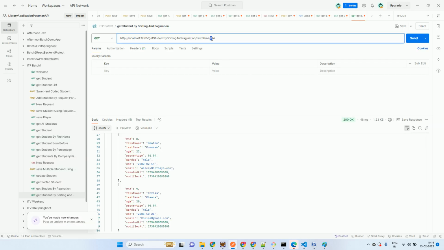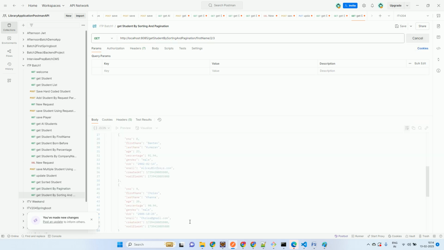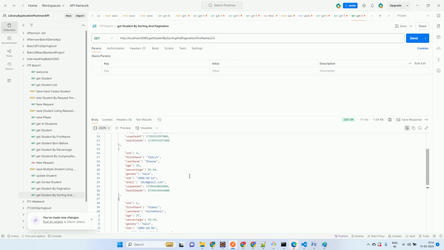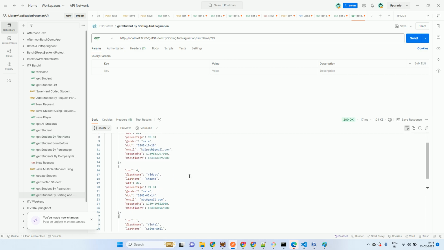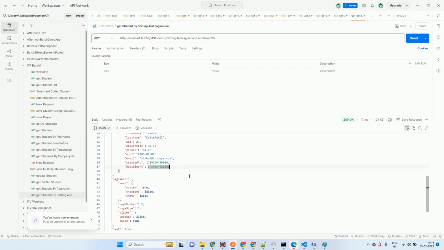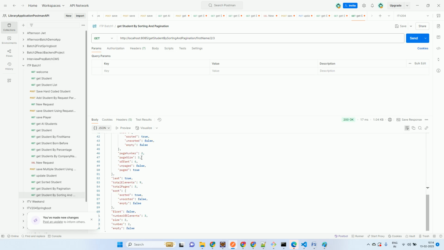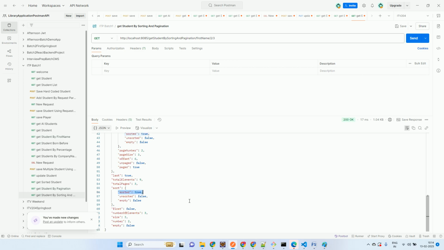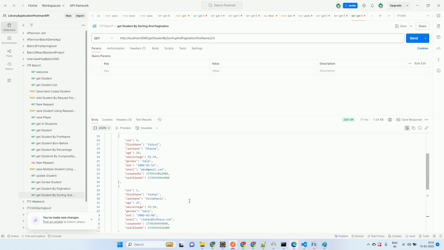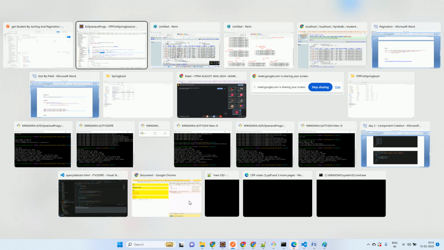सो 2,3, कौन आएगा? कल्पेश, विद्युत और विशाल। समझ में आया? तो पेज नंबर 2 है, नंबर ऑफ रिकॉर्ड्स 3 है, ऑफसेट कहाँ से शुरू हो रहा है? 6 से शुरू हो रहा है, ठीक है। सॉर्टेड है क्या? सॉर्टेड ट्रू है, ओके। तो ऐसे आप लोग ये इम्प्लीमेंट कर सकते हो, पेजिंग एंड सॉर्टिंग।